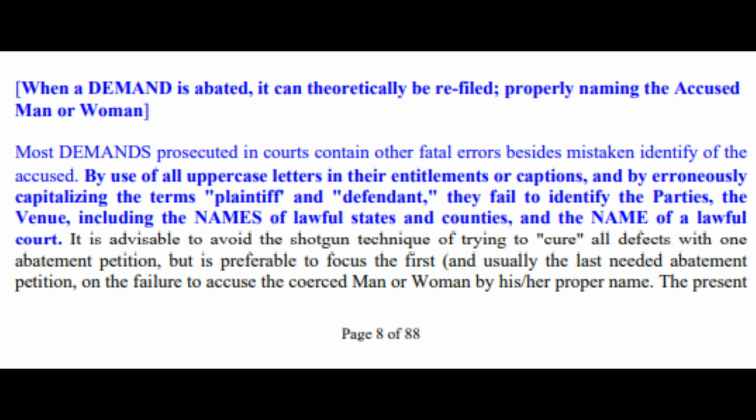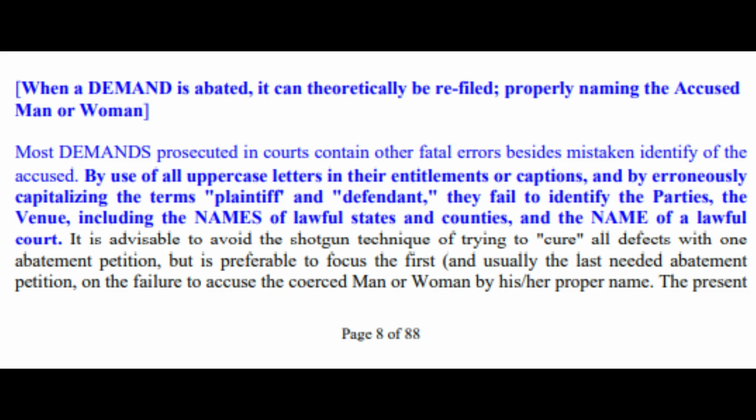And devil just means to deviate, right? Devious, devil, deviation. They're deviating from the norm slightly in different places to trick you into their nonsense. They fail to identify the parties, the venue, including the names of lawful states and counties, and the name of a lawful court. It is advisable to avoid the shotgun technique of trying to cure all defects with one abatement petition. It's preferable to focus on the first,